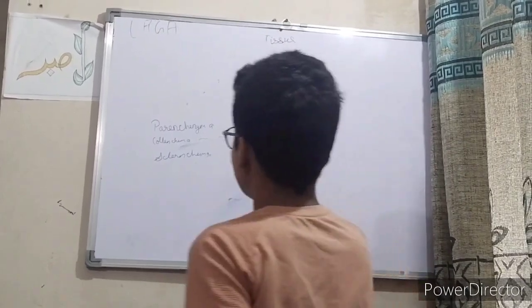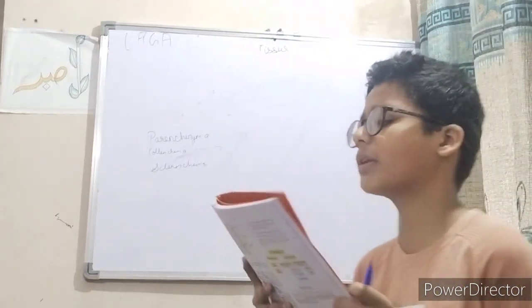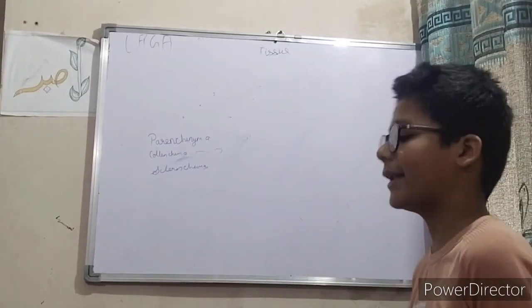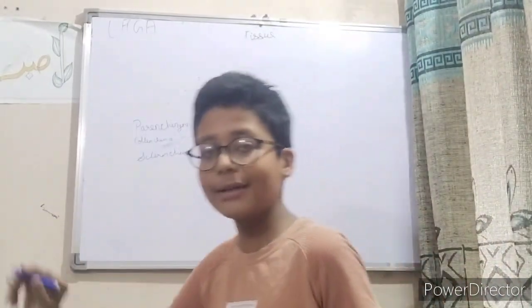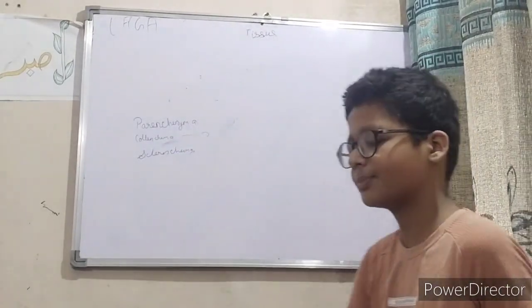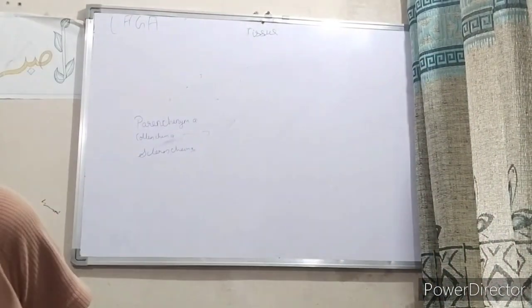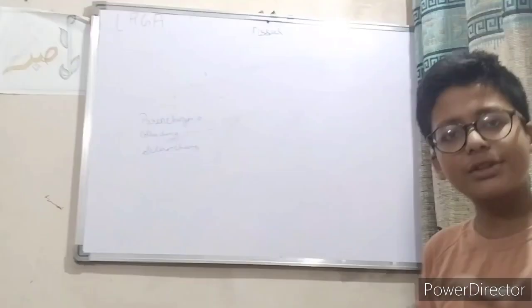Now next is sclerenchyma. Sclerenchyma is made up of dead cells and packed together. The cell is polygonal. Sclerenchyma is a type of dead cells. A type of substance called lignin holds the